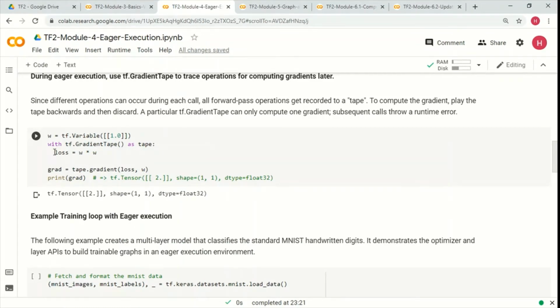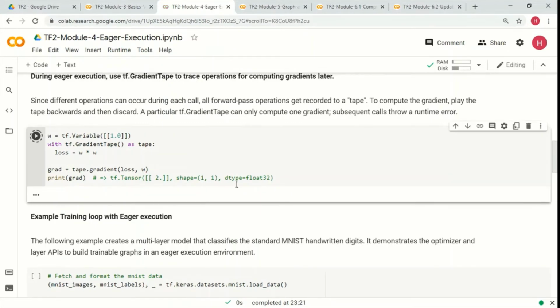And once that operation is recorded, then we can calculate a gradient, tape dot gradient. We give it the loss, and the variable with respect to which we want to calculate the gradient. So let's see what happens. Print grad, so this is our gradient, right? And shape is 1 by 1. Okay, why 1 by 1?